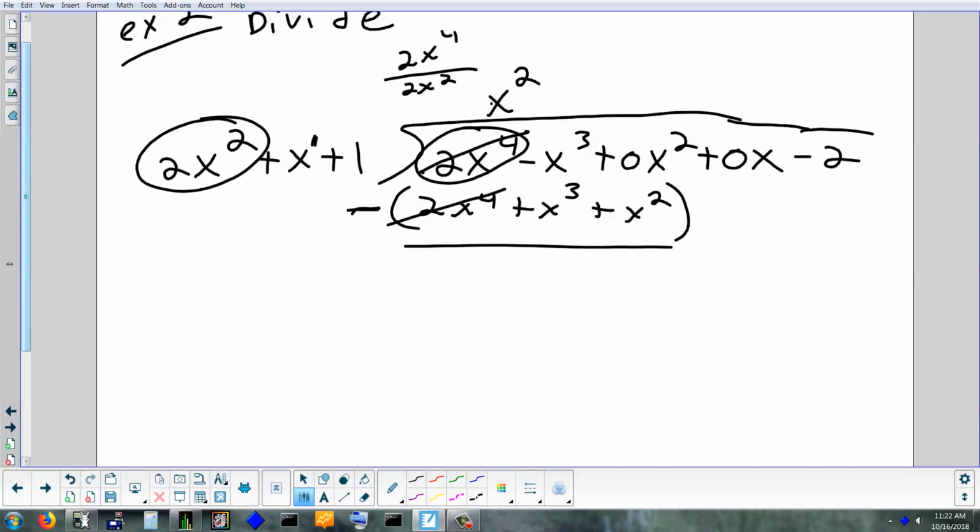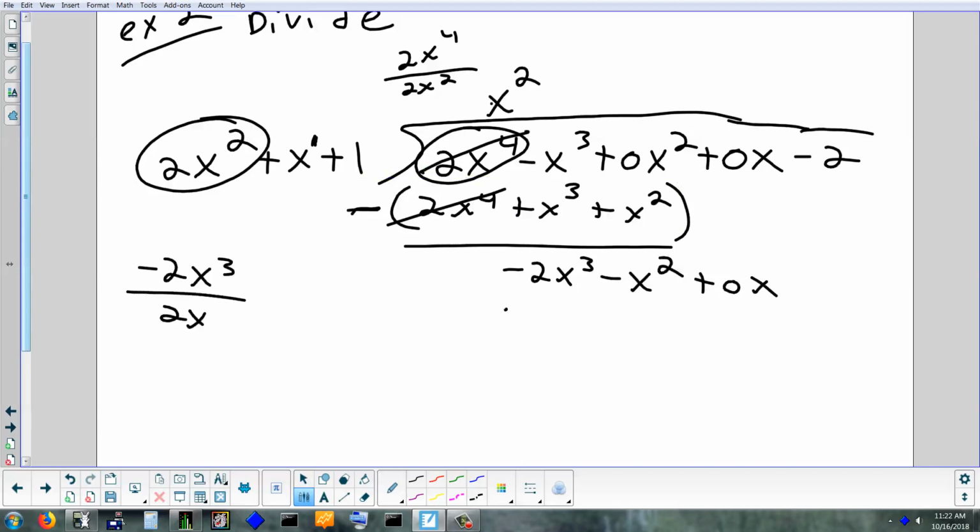That's good. Negative x cubed minus positive x cubed. What's that? Yep, negative 2x cubed. Would have been nice if it canceled, but it didn't. And then 0x squared minus positive x squared. Okay, so we get minus x squared. And now, even though it's a 0, bring down your next term. It's just going to help you remember that whatever you get below it, it's going to be 0 minus whatever number you get. Okay, so now we have to divide negative 2x cubed